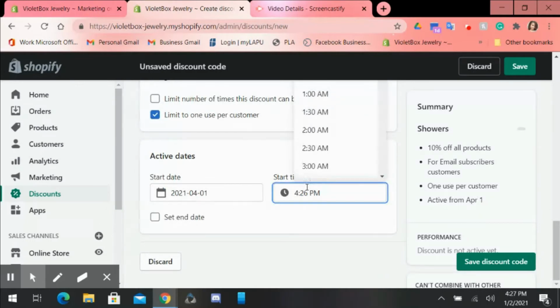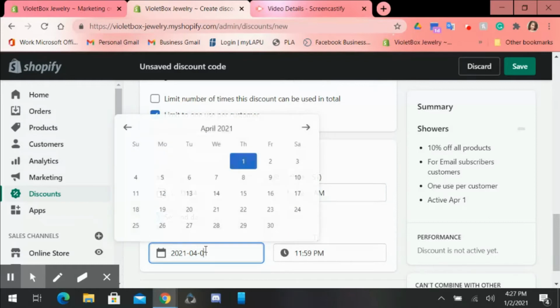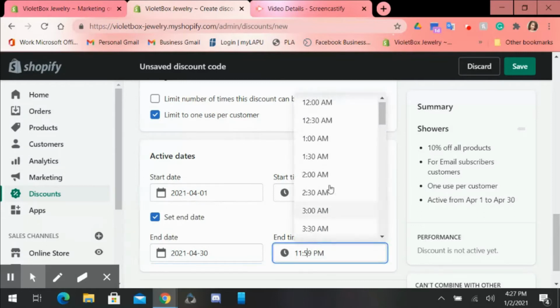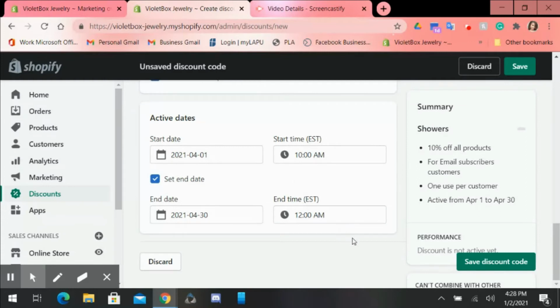And the start time is going to be like 10 o'clock in the morning. I'm sorry now. My cat is losing his mind. And then I also choose an end date because I set one every month and it's only used once. So if I weren't to set an end date, you'd be able to use this whenever you wanted, but only one time, and that's not very helpful. I choose it to end at 12 o'clock in the morning at the end of the month, and I save